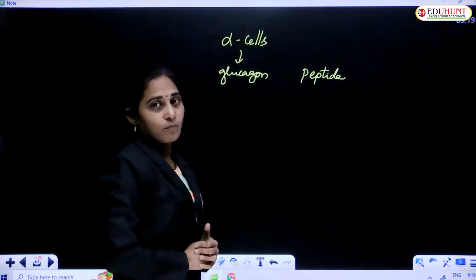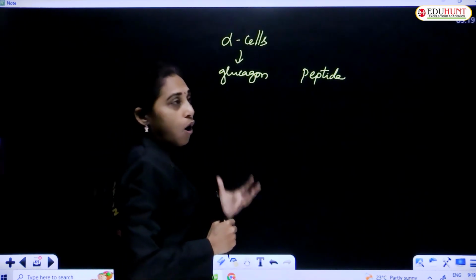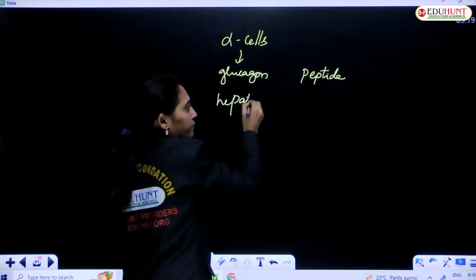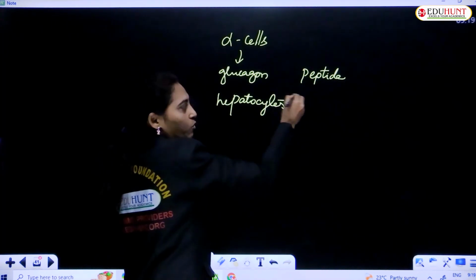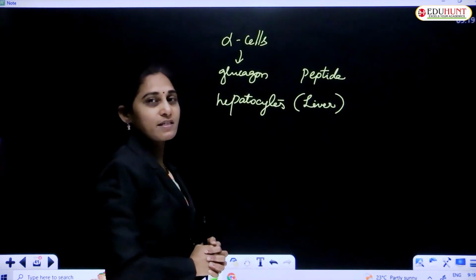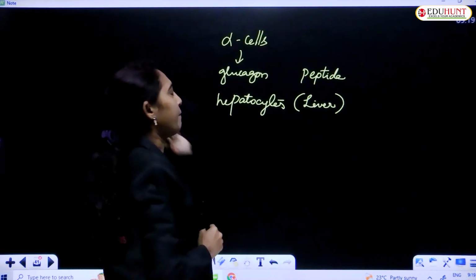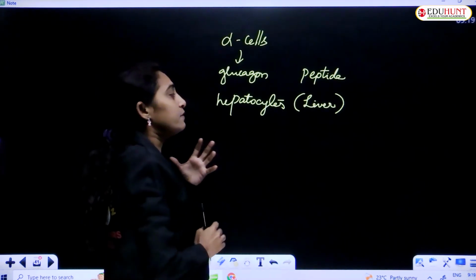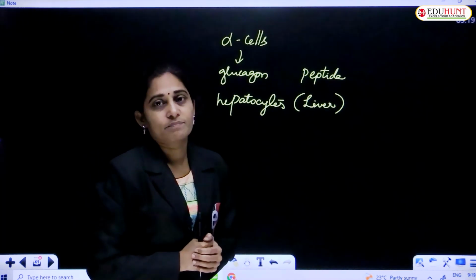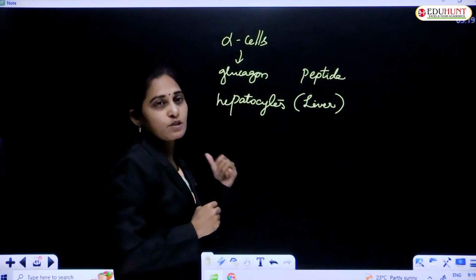Glucagon is a peptide hormone, and it works on hepatocytes. What are hepatocytes? These are liver cells. This glucagon hormone works on the hepatocytes. It causes a rise of glucose in the blood. How does it cause the raising of glucose in the blood? Because it is responsible for